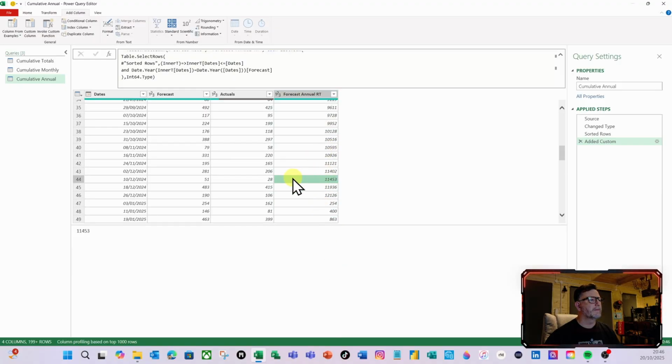And you can see how it's doing it. Includes everything. But it restarts here. Boom. And it restarts. So let's do the same for the actual. I'm just going to rename this step here, so let's rename it and call this forecast